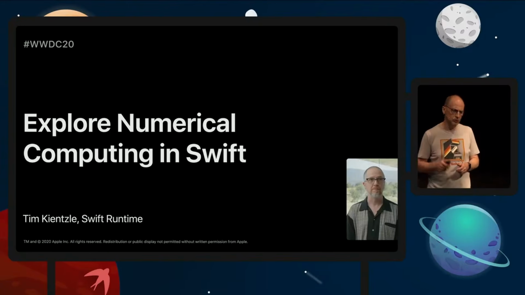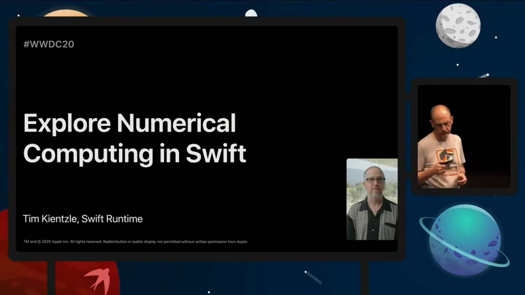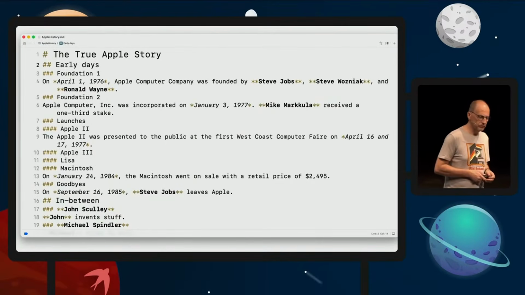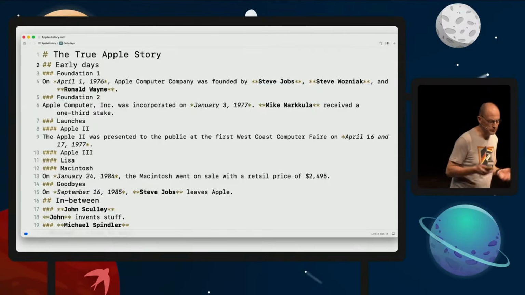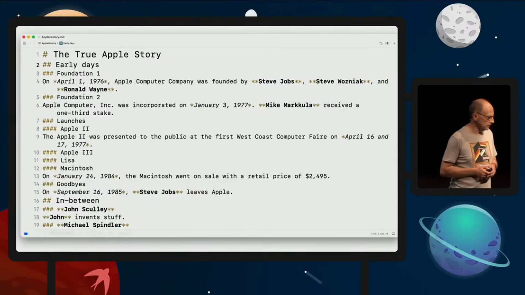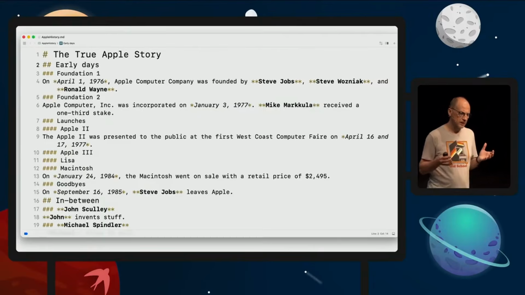Now, you know that tool we talked about at the beginning, the Markdown table of contents? I keep thinking about it, and I think we should have a go at implementing it. And it turns out that I have a Markdown file that's my upcoming bestseller about Apple history, so we can use that as an example. Now, you may think Markdown is easy, and just extracting headings would be a simple grep or something. But if you look at the spec, it turns out it's a bit more complex than that.